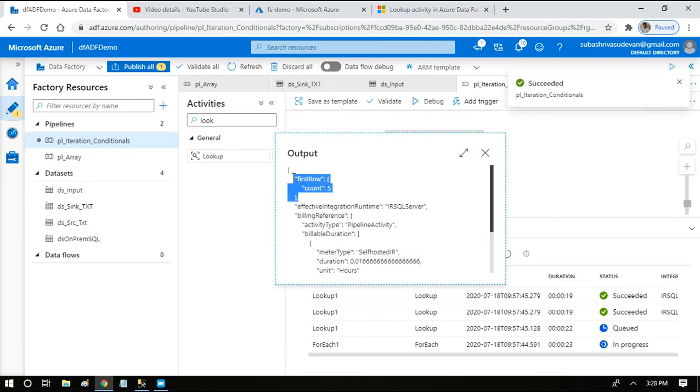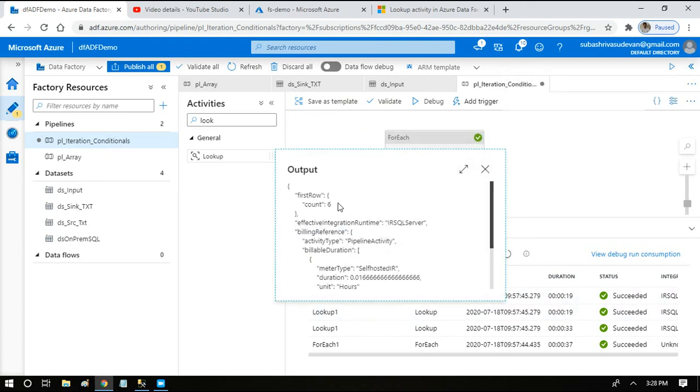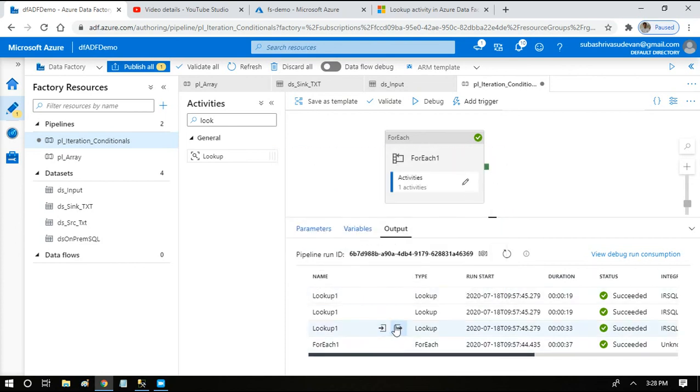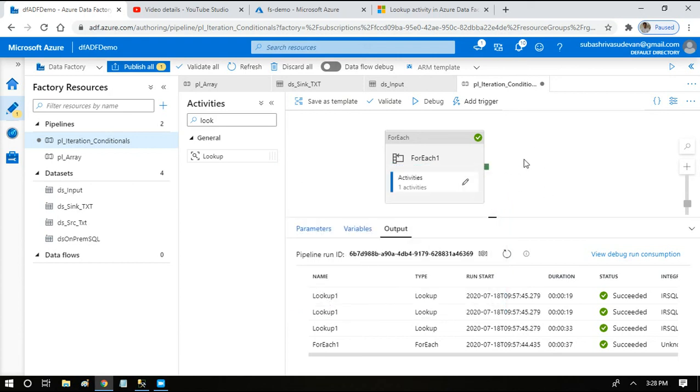See here, the count of one of the tables. We have three tables, so each time it loops through, it will bring the count of each table. One table has 5 records, one table has 6 records, and another table doesn't have any records. If you see here, the count is 0. Based on this, we are going to decide whether to copy or not.